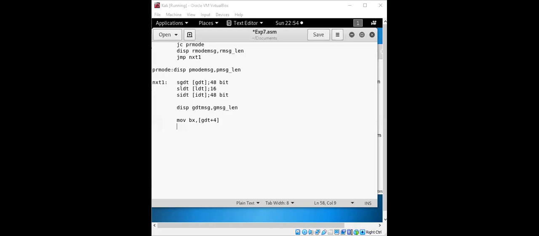Load these number of digits to the display, which will be used for the complete values that we need to display. So every time we need to get this 4 bit. Generally it is required for GDT, and it will be required for IDT. For LDT, mostly only 16 bit will be sufficient.